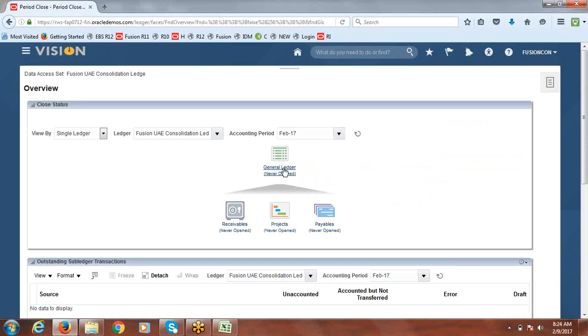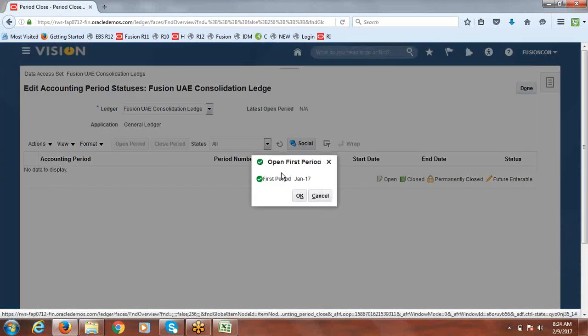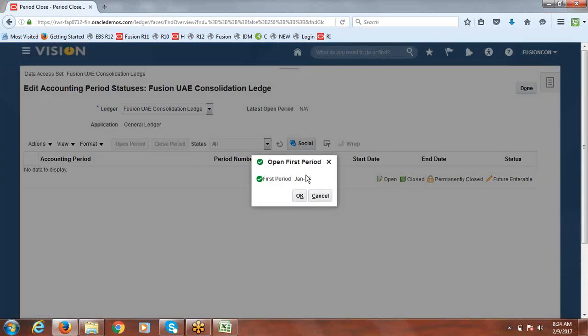We can see the Feb period status has never opened. Click on the status and it will ask us to open the first period. In our accounting calendar, the first period is Jan.